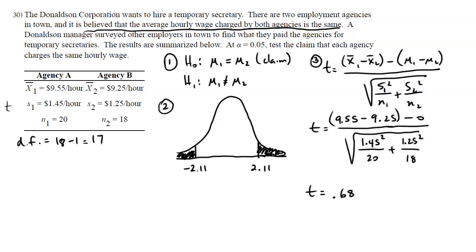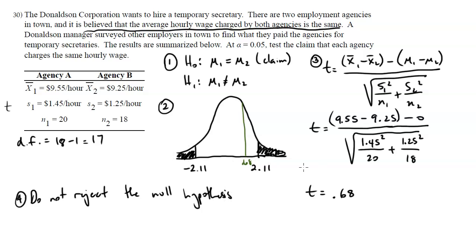And as we can see, 0.68 is somewhere around here. Not in my rejection region, right? So step 4, do not reject the null hypothesis. If I got a t-value that was greater than 2.11 or less than negative 2.11, I would reject. But since I didn't, don't reject. So there is enough evidence to support the claim